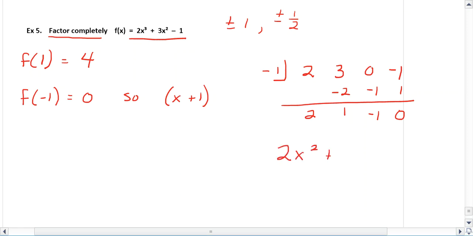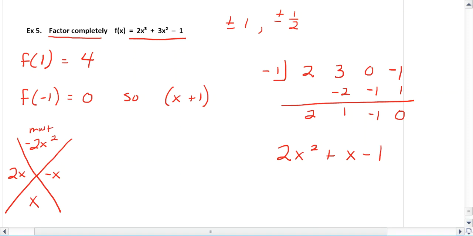And now I need to take a look at this and see if I can factor it any further. So I'm going to put 2x² times -1 on top here and x in the bottom, because I'm going to see if this can be factored by grouping. And I do get that 2x times a negative x, when I multiply I get this, and when I add I get x. So I can rewrite this now,